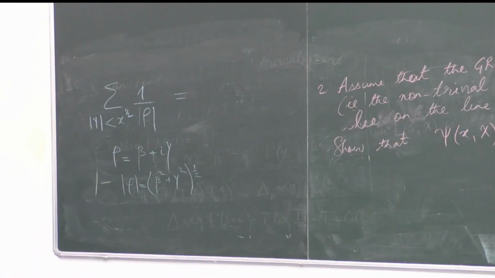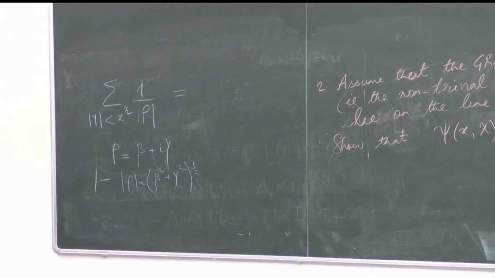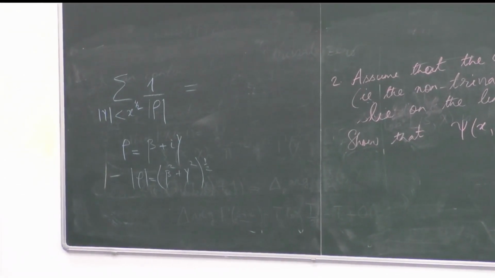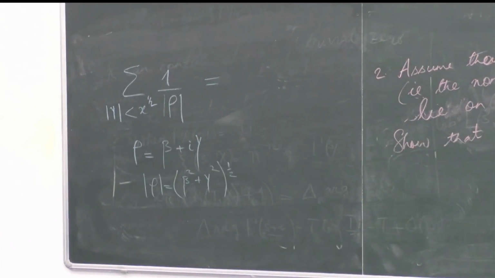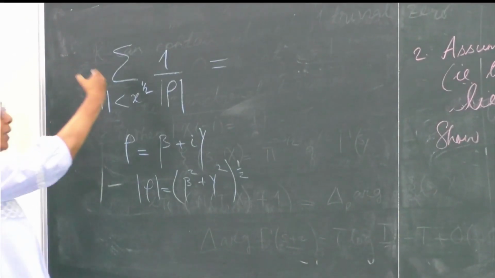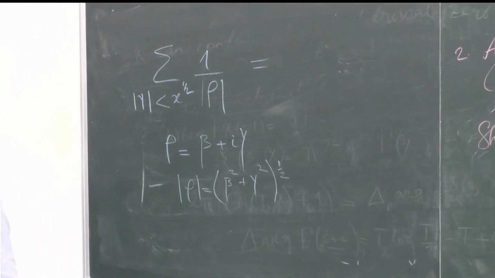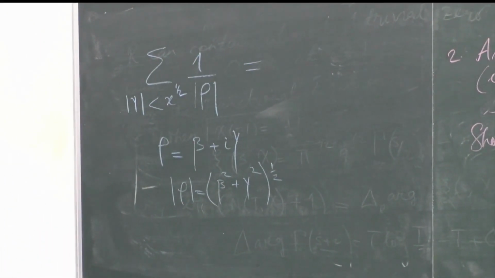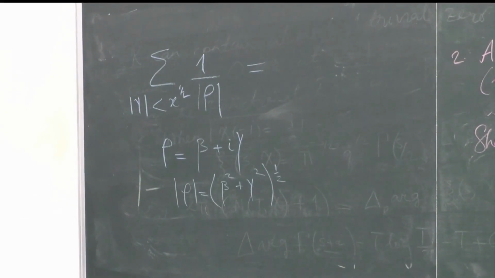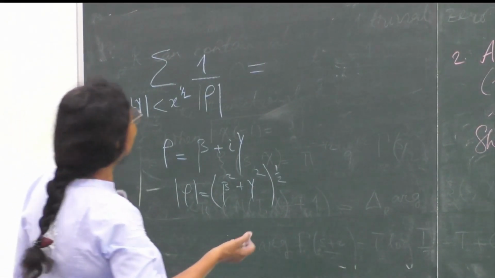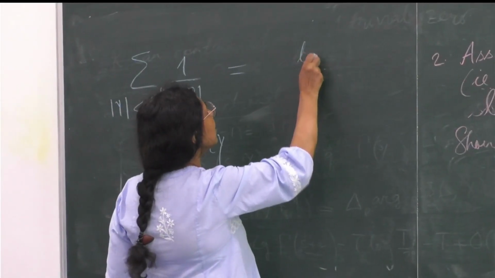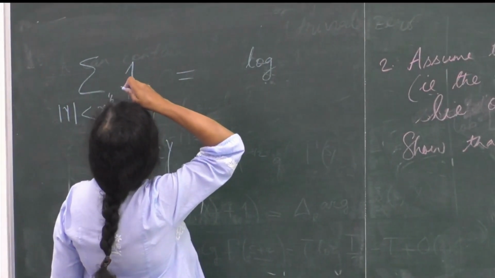These are real numbers, there's no problem. And this is to the half. So that means that I have a circle beta square plus gamma square, and I'm taking its square root. So what do I expect that should happen here? What should happen here is that I should get a logarithm. Yeah, I should get a logarithm, shouldn't I? I should get a logarithm of what? Of